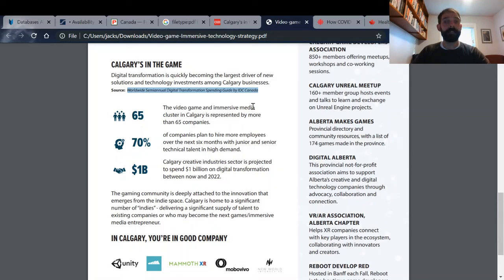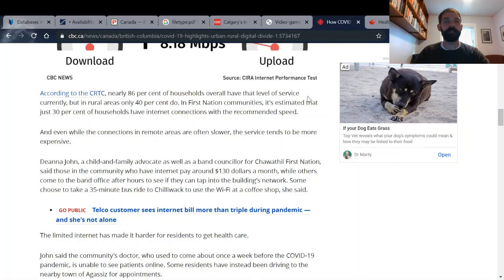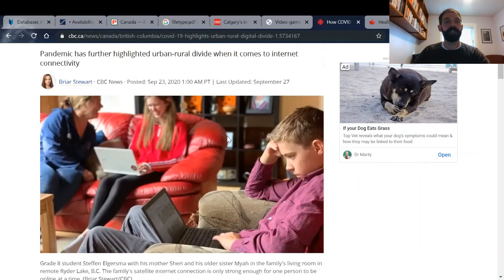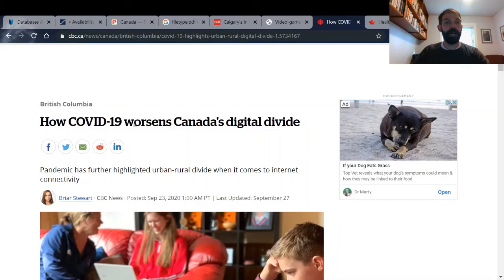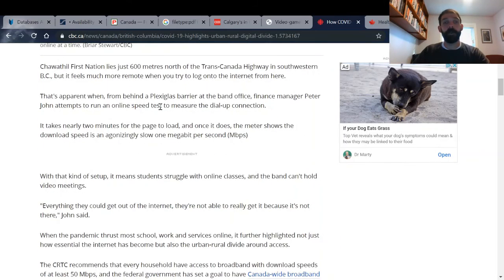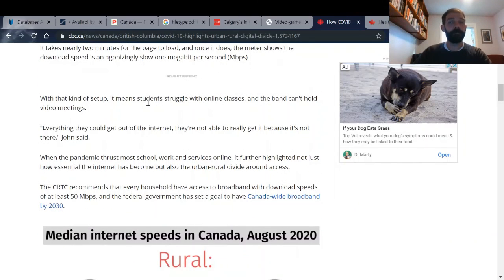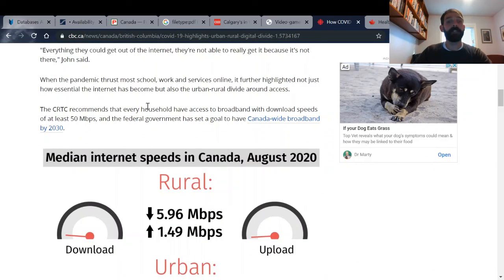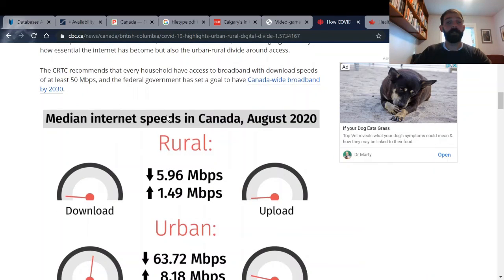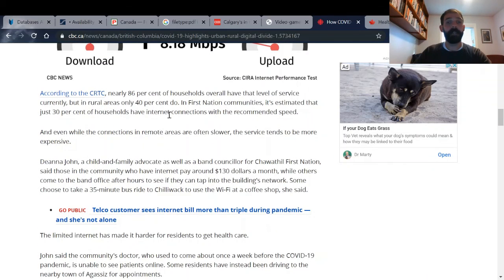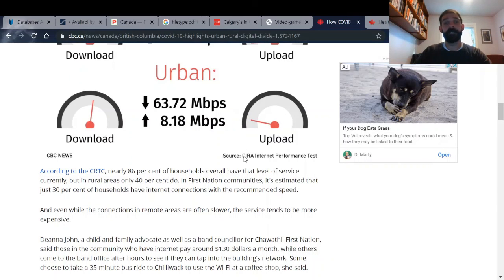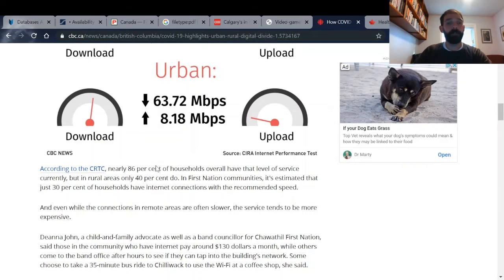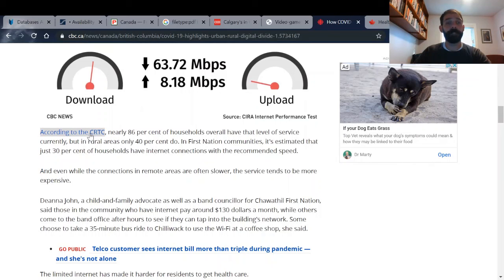But also, as I said, it's not just in research reports and PDFs. You can also find them in news items. So this is just an article about the digital divide and COVID-19. And so, even though this is not really on my topic, I opened the article because I have a suspicion that there might be some data or statistics available within this news article. And you can see here, there is some information about internet speeds that might be helpful to me, and it tells me again this is coming from CIRA. Also, there are some links to information from the CRTC that I can then use that contain some data.